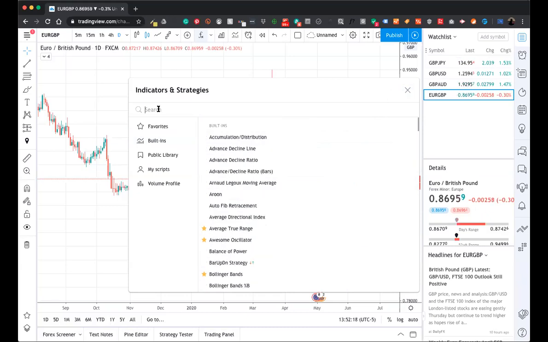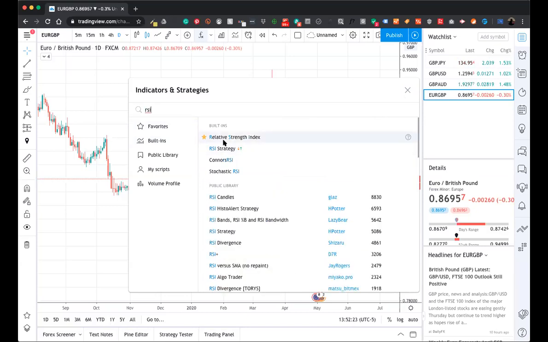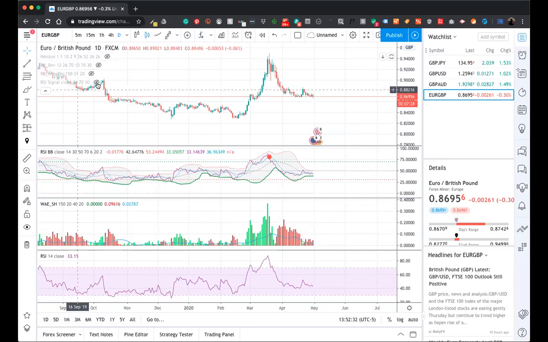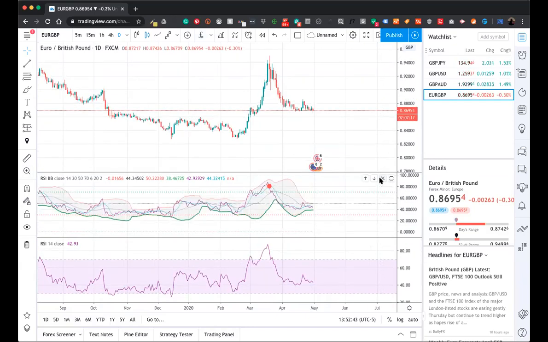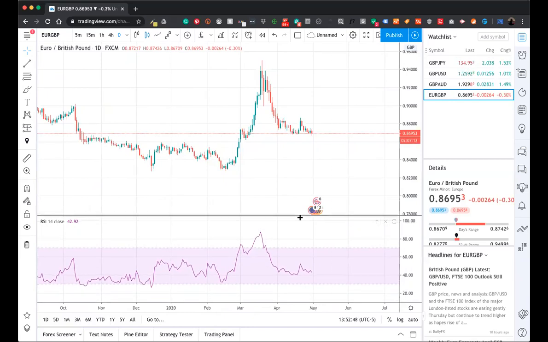So let's find a common one here. Let's say RSI. I heard someone say RSI. That's the relative strength index, and it's an oscillator. So I click on that. Oh, I had other indicators here. Sorry, let me get rid of these. Some of you saw my secret indicators. Okay, so